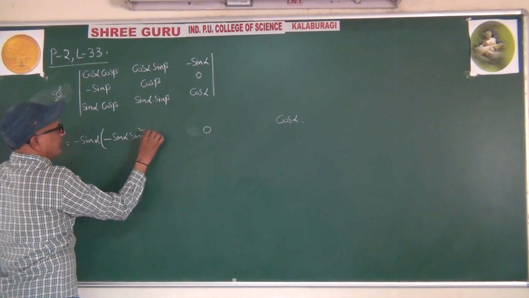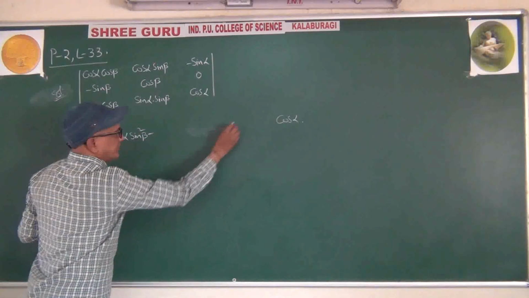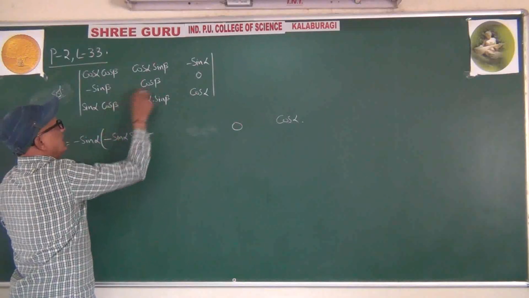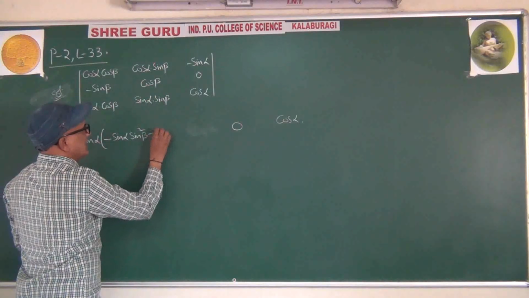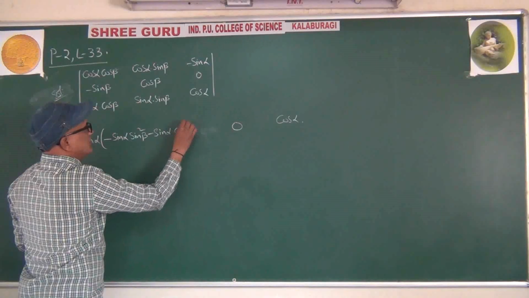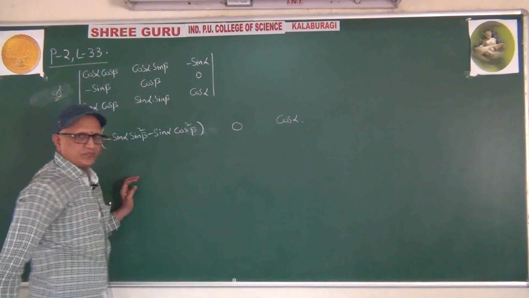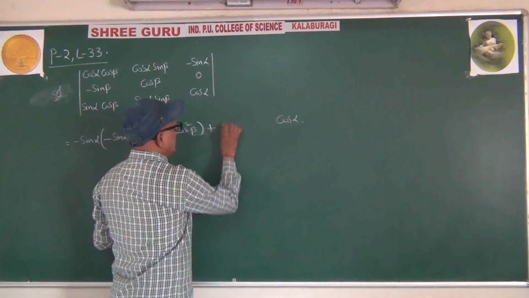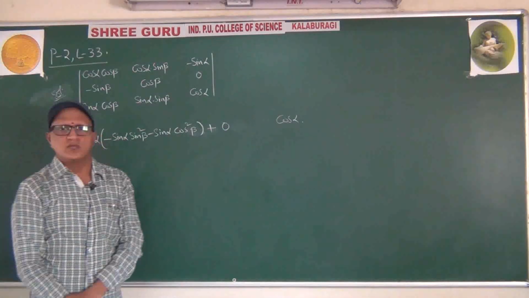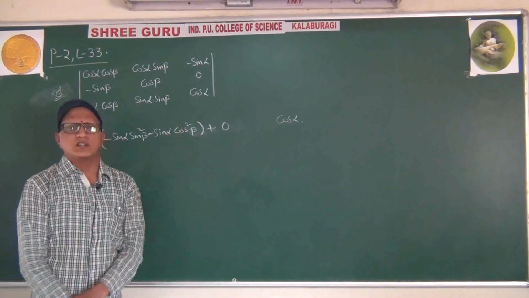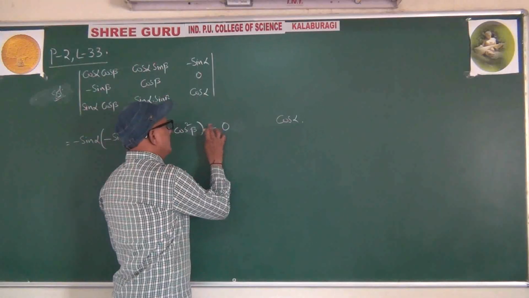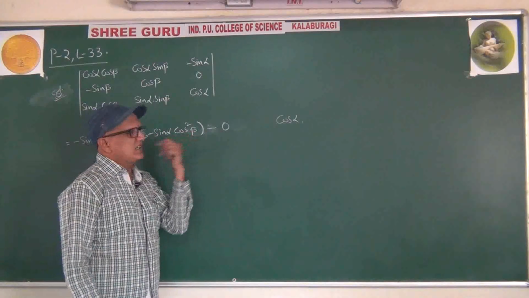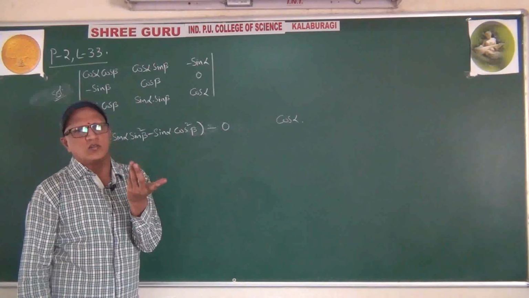Now immediately minus, this one into this one: sin alpha cos beta into cos beta, cos square beta. Next, 0 into the next entry. Actually, it is minus 0. Minus 0 and plus 0 are both the same, but better write minus 0. You may get a doubt after a few days why, so anyhow, plus 0 and minus 0 are the same, but here we have to write minus 0.